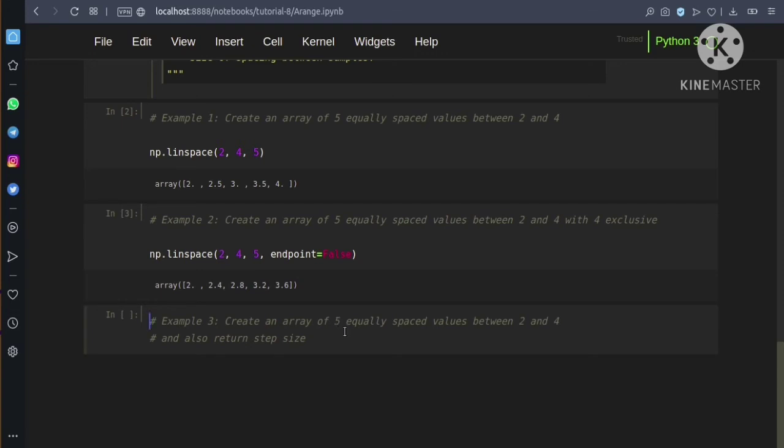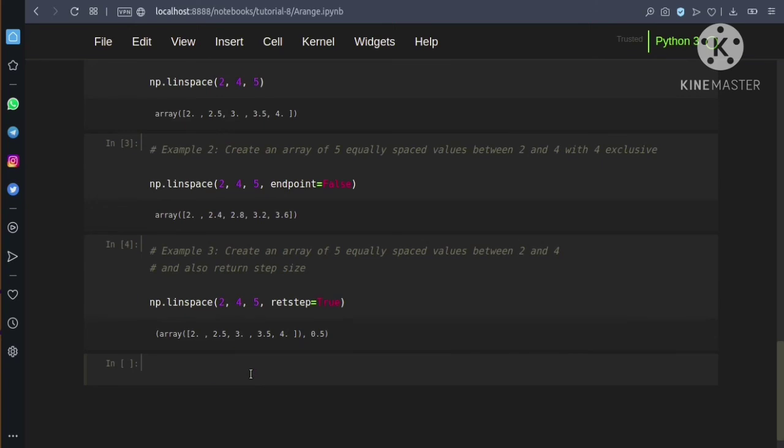And then in our third example, we are going to create an array of 5 equally spaced values between 2 and 4 and also return the step size. So for doing that, we need to create a linspace array, np.linspace of, we need to give the start value as 2 and then the stop value as 4, and then 5 equally spaced values. For giving 5 equally spaced values, we need to give num equal to 5, and then for returning the step size, we need to give retstep equal to true.